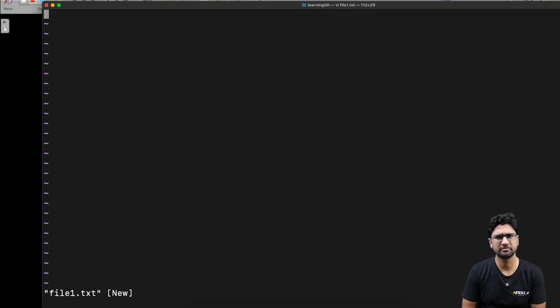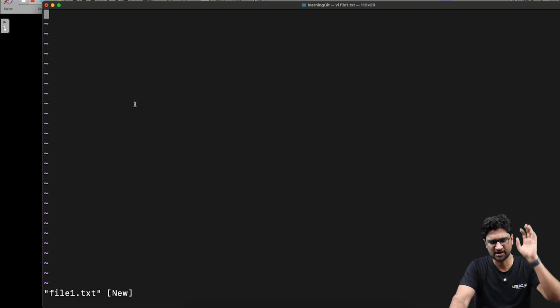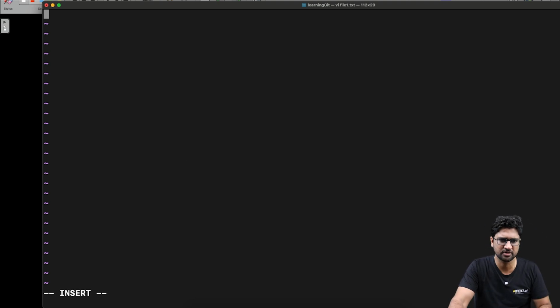If you want to know a little bit more about the vi editor, I suggest doing a little Google search. You will understand the detailed intricacies of it. The basic command I'll be telling you right now. If I have to insert anything in this, I have to type i. Right now, if I press any button, I'll not be able to type. So to insert anything, I have to start with the key called i. As soon as I put i, I'm ready to insert. As you can see, the mode is now insert. Now I can type, well, hello,